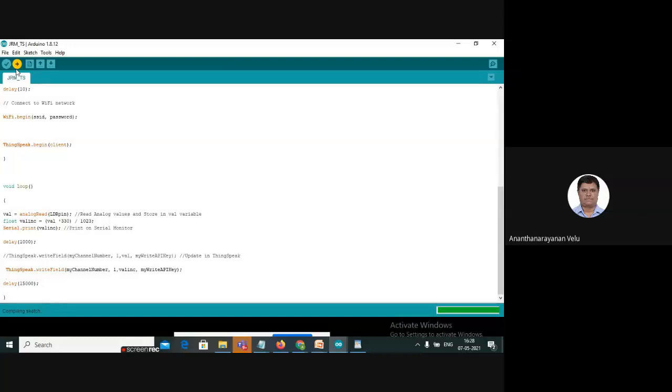We are downloading the code into the NodeMCU. The hex file generated by this Arduino compiler is loaded into the NodeMCU.